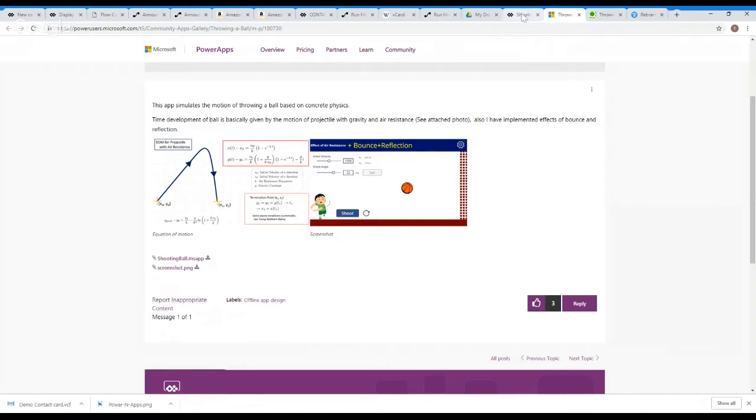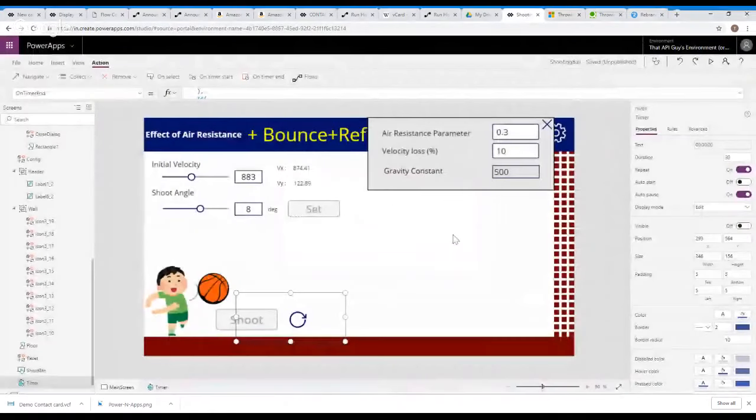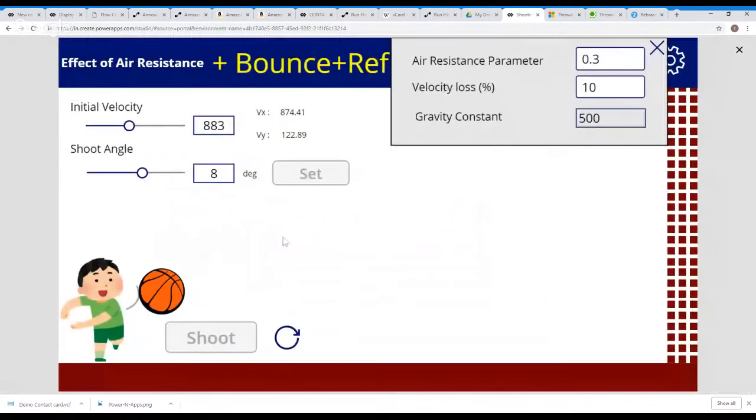So let's quickly have a demo of that. Okay, ask me to authenticate. Okay, good. So let's do a quick play of this. The way he has built this app is really great. You can set the initial velocity, you can set the shoot angle, and then click on set, and